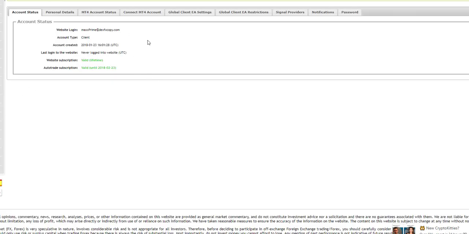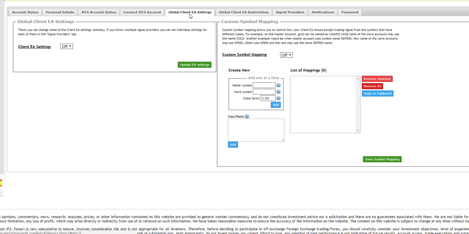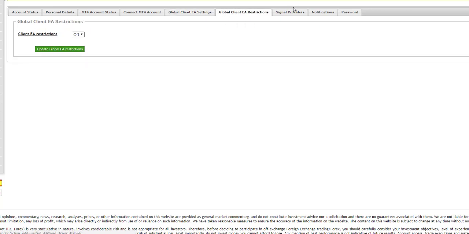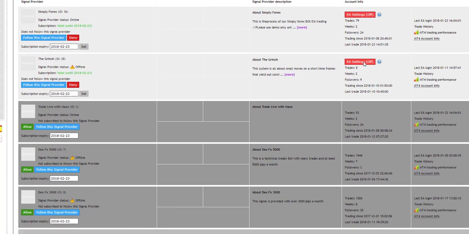You're going to log in. Yours may not look like this, and that's okay. I'm going to go to signal providers first. If you go to global EA settings and set them in there, you're going to set all of the bots for that. What we need to do is go to signal providers, and since we were on the Grinch, we're going to go to EA